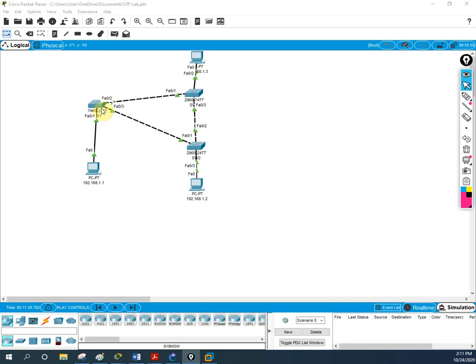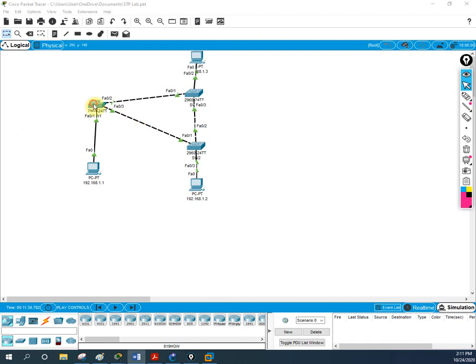The switch is confused and the table is unstable, we can say. This is database instability. And we receive multiple frames, because we are getting the same frame multiple times. So this is the problem when we disable the STP. Any confusion? If you have any doubts, you can tell me, no issue.